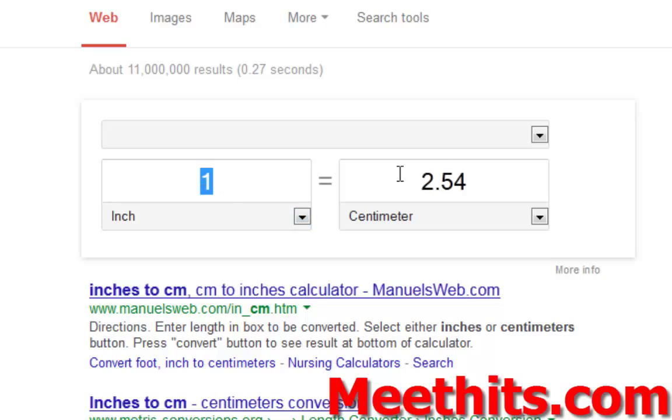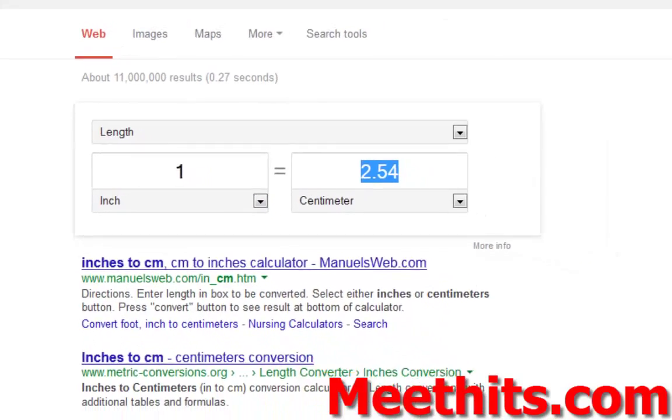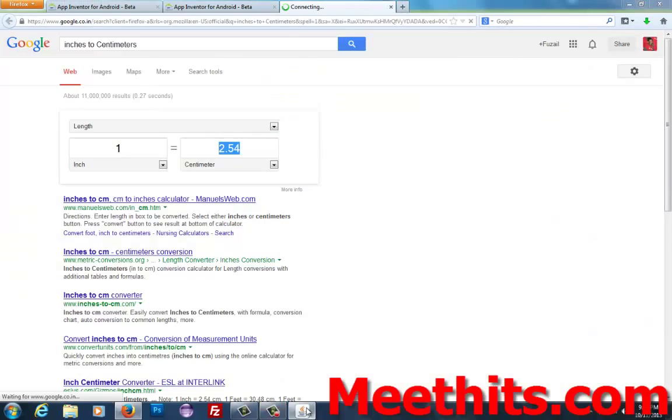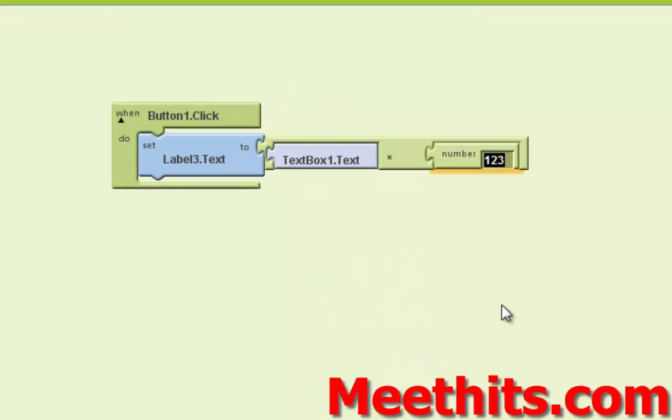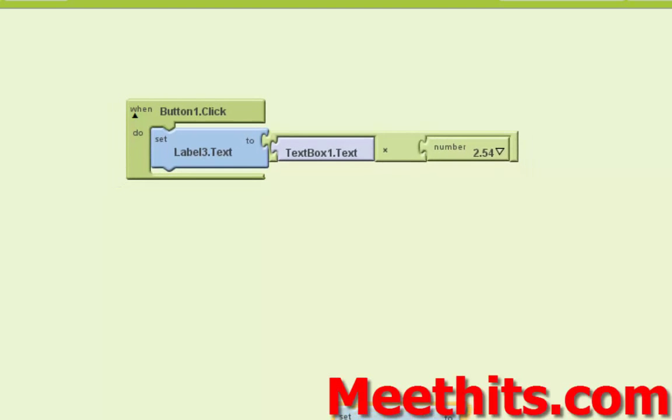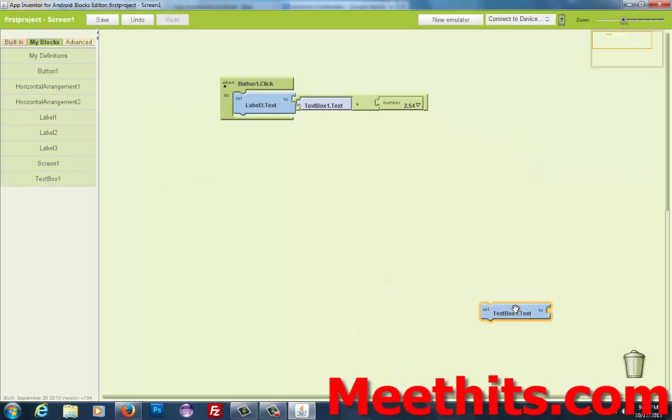Here it is: 1 inch is equal to 2.54 centimeters. Do the same for this. Change the 1 2 3 into 2.54. Now it's ready to go. The extra text box 1 dot text, just dump it. Now I think it's ready.